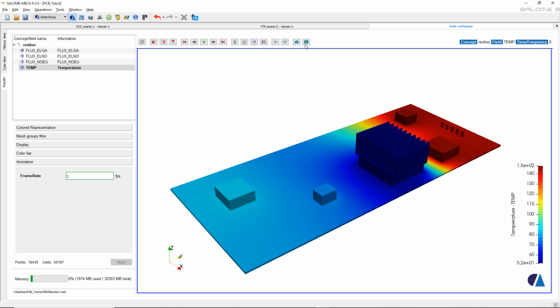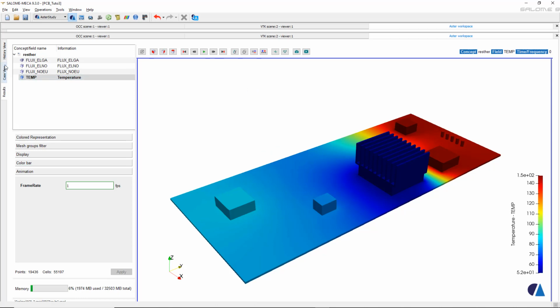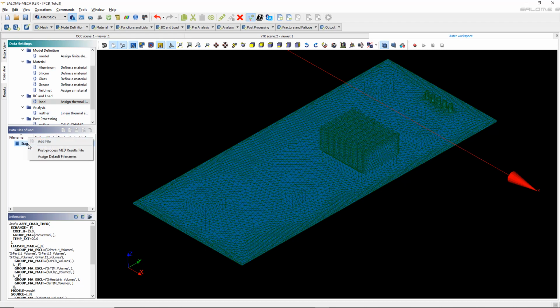Now I couldn't find the option to view the result at one specific point, so I think maybe this has not been implemented yet in this post process. So the way to see this is basically to still use Paravis. You still have the same post process as before. If you go to case view, right click in data file, where is it? History view,